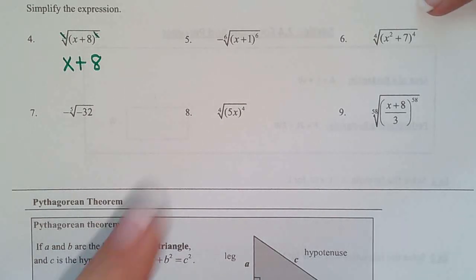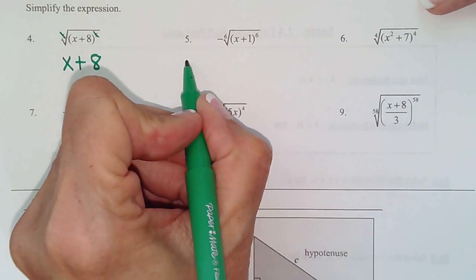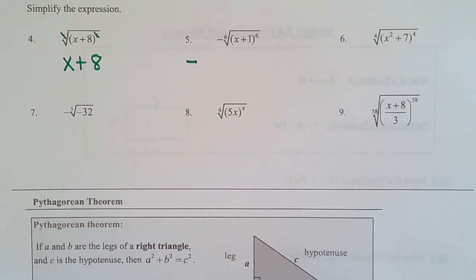So here we have a negative out in front. And then I say to myself, do I need absolute